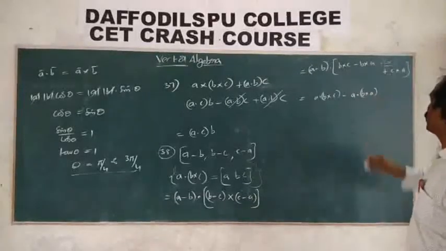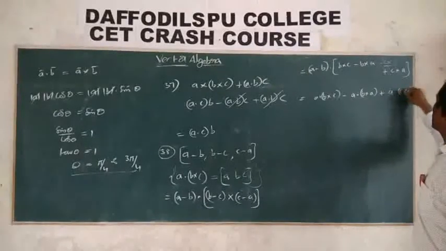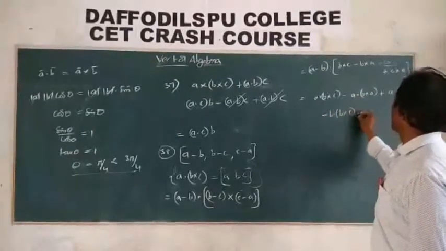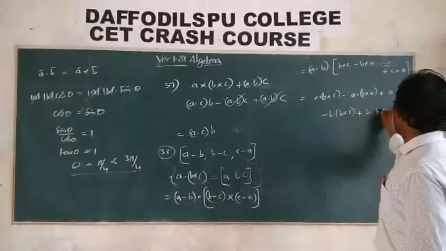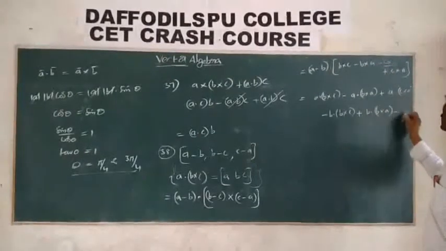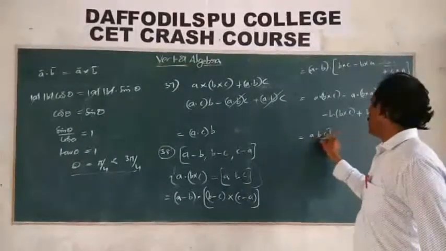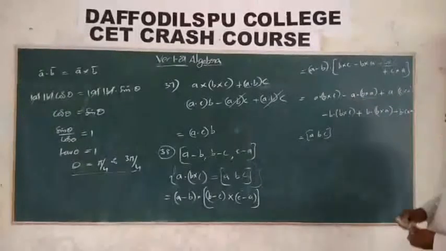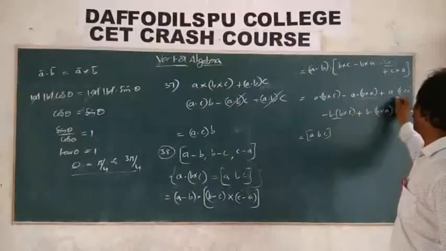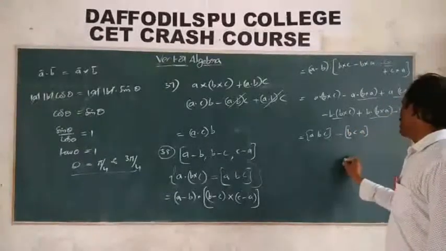This value we take as 0, plus A dot C cross A. Next, minus B dot B cross C, plus B dot B cross A, and minus B dot C cross A. This is the box of ABC. That value is 0, this value is 0, this value is 0, this is 0. Remaining is BCA.